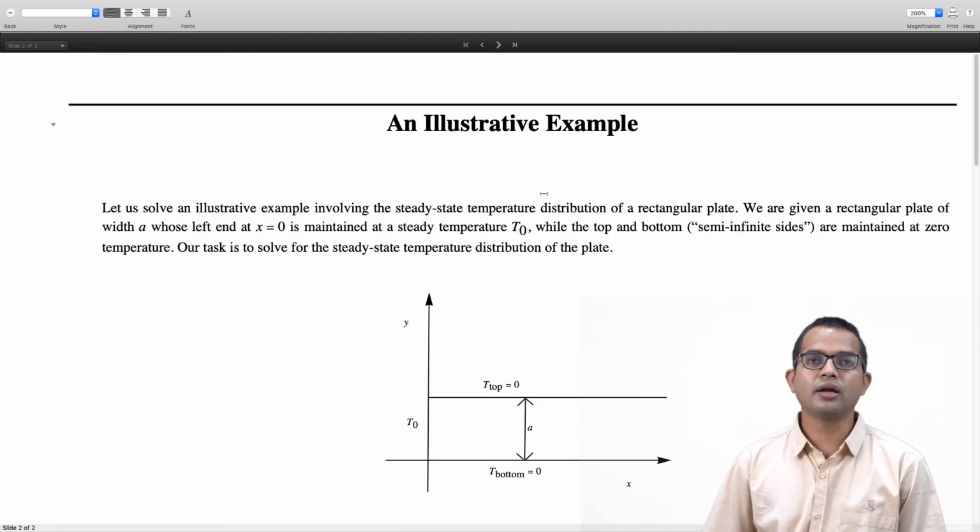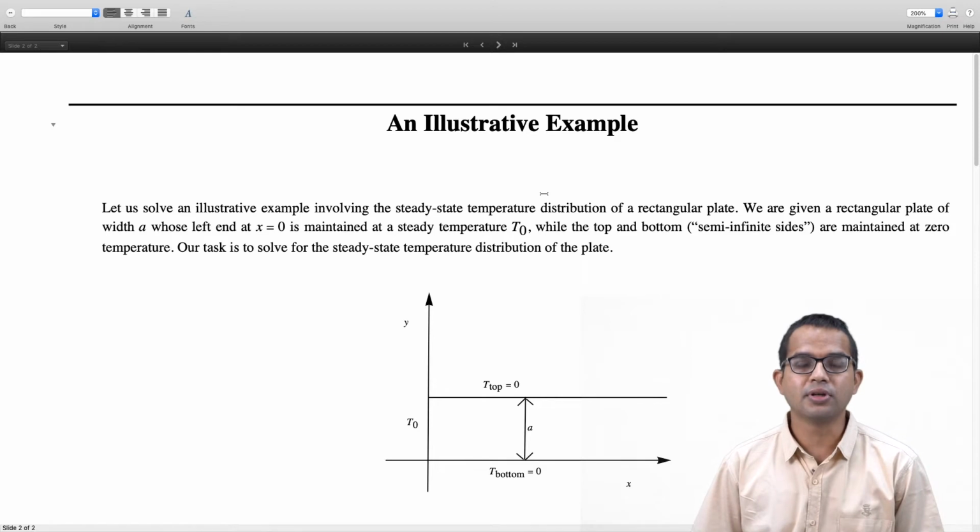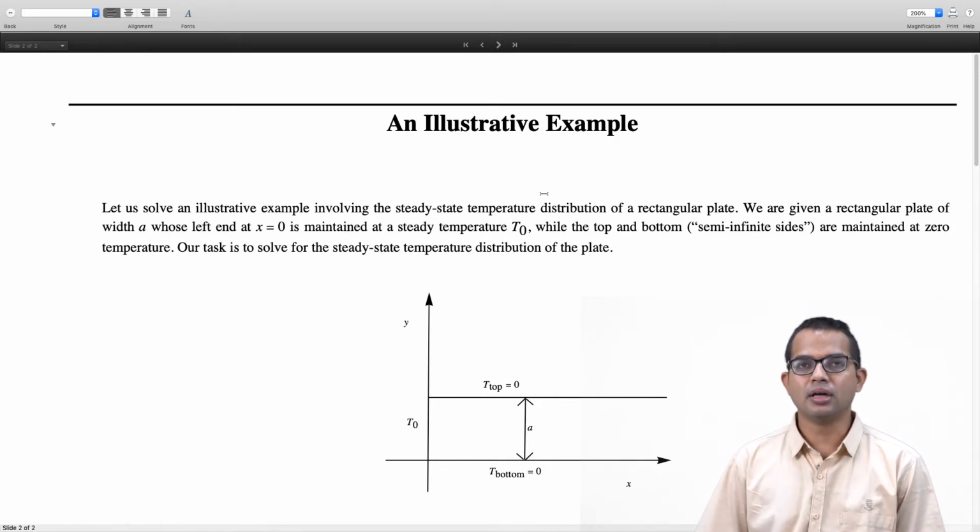Okay, so let's look at a steady state temperature distribution problem, right? I mean, it's really the Laplace equation. So we have developed it in a sort of more abstract formulation, and it's applicable to solving for the potential in an electrostatic problem, but it's also equally well applicable to find the steady state temperature distribution.